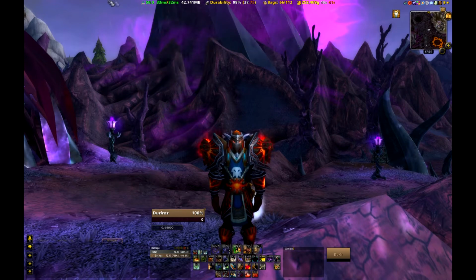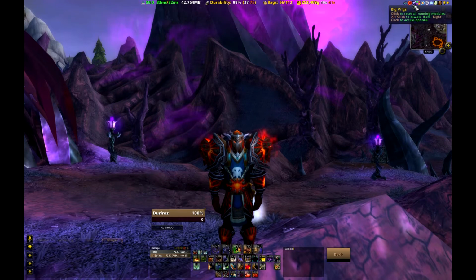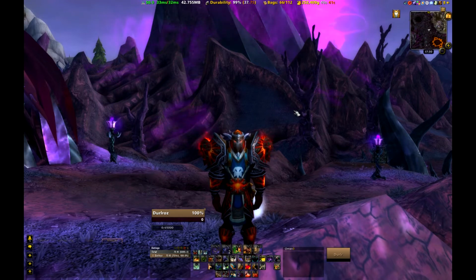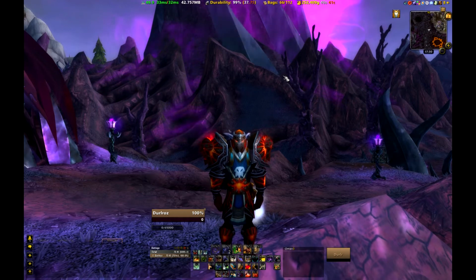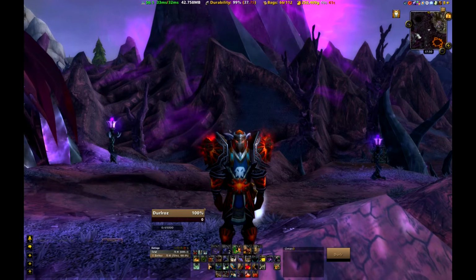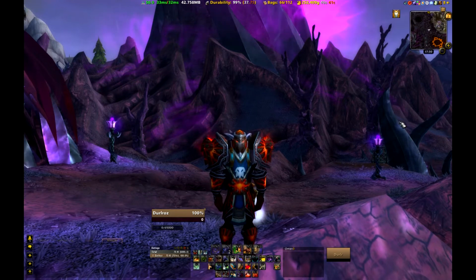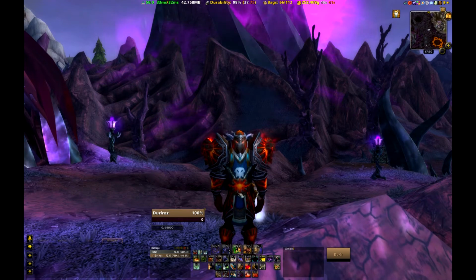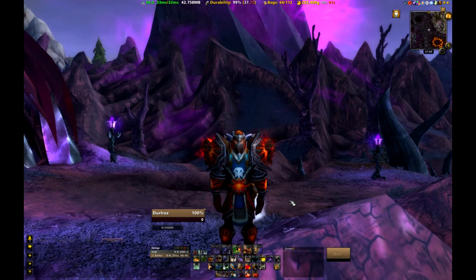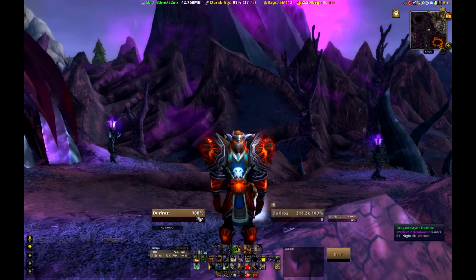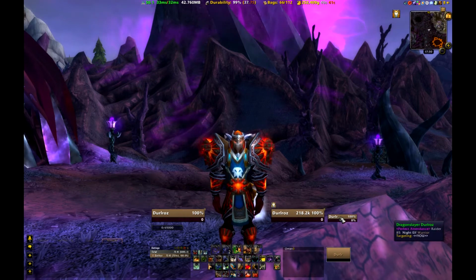First off, Titan Panel up at the top here, displaying some very general information along with some shortcuts to a few add-ons. Below it, we have Sexy Map as a map add-on. I have it set to just the default square with some things turned on and off, set up very simply. Going down to the bottom here, unit frames, Shadowed Unit Frames, showing my player, target of target, and focus,